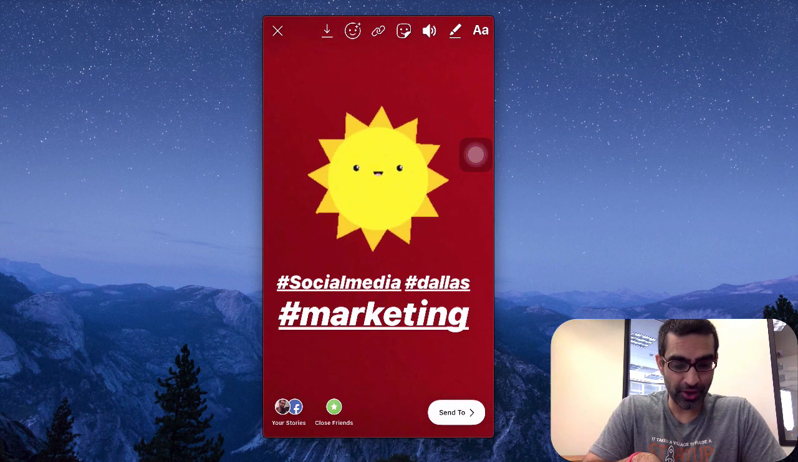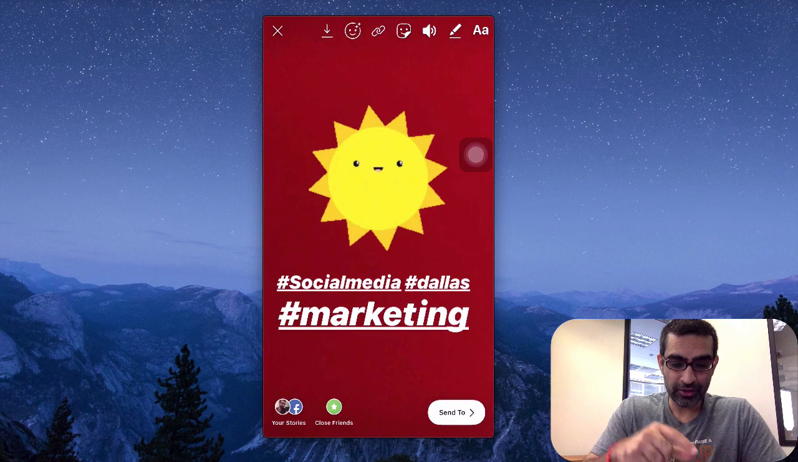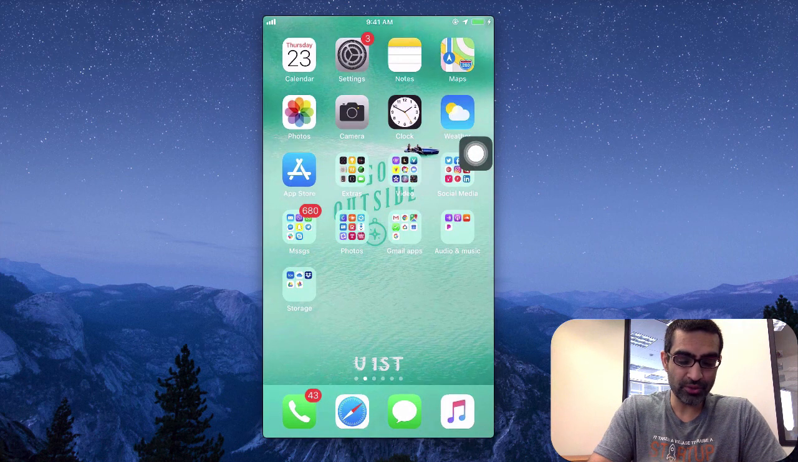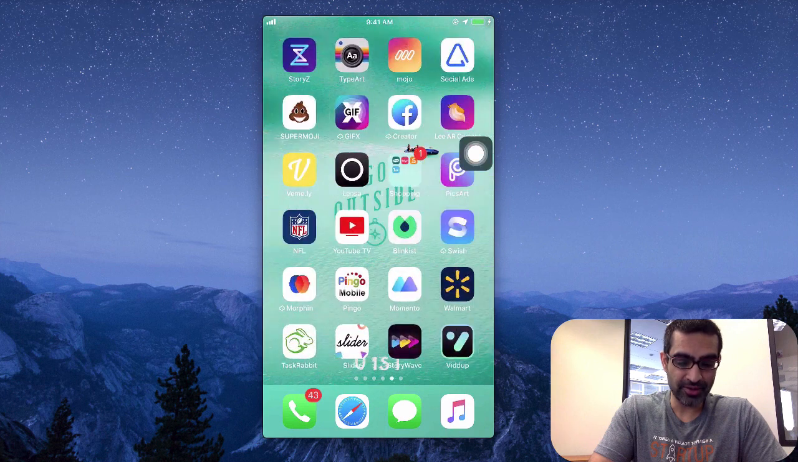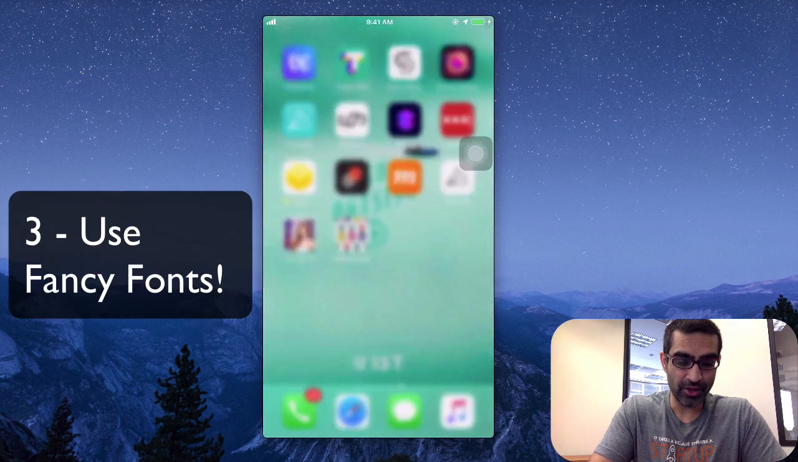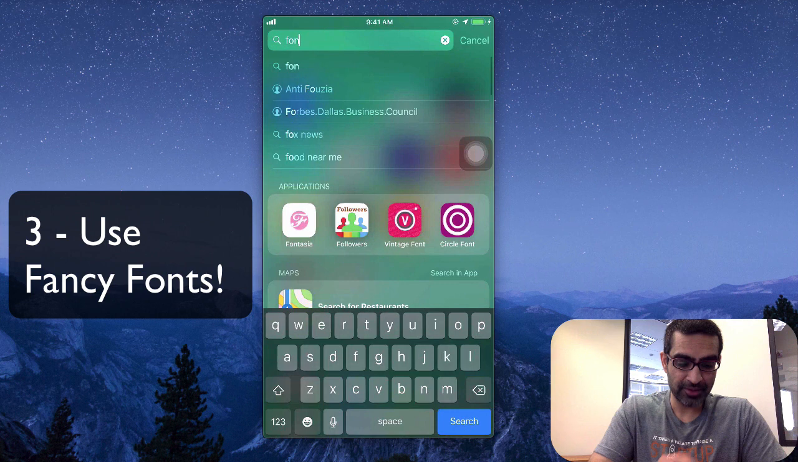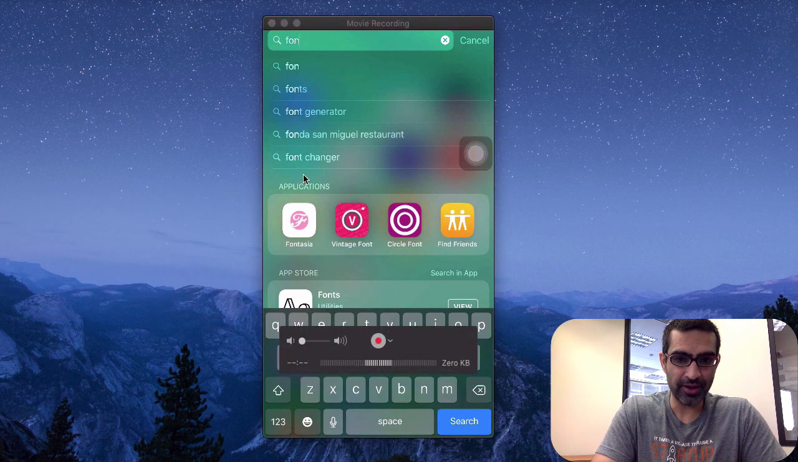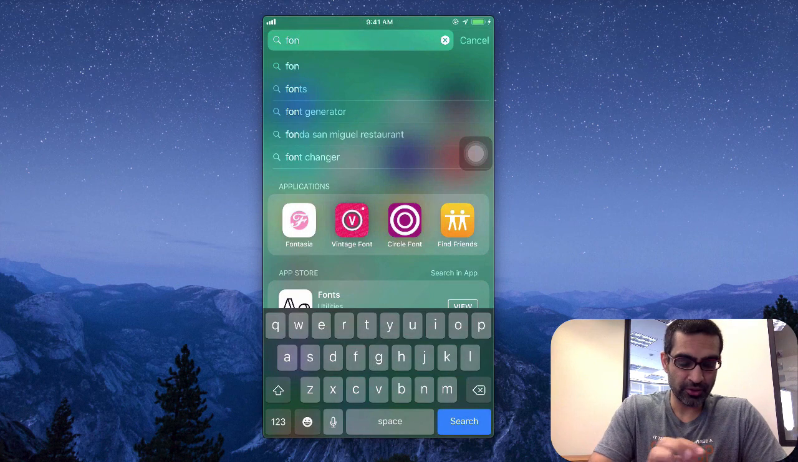Now let's jump into the third hack. Now the third hack is actually really cool. I love it. It's about using fancy fonts on your Instagram stories and standing out. So I use an app called, there are a lot of apps, I personally use an app called Fontasia right here. So let's open this,